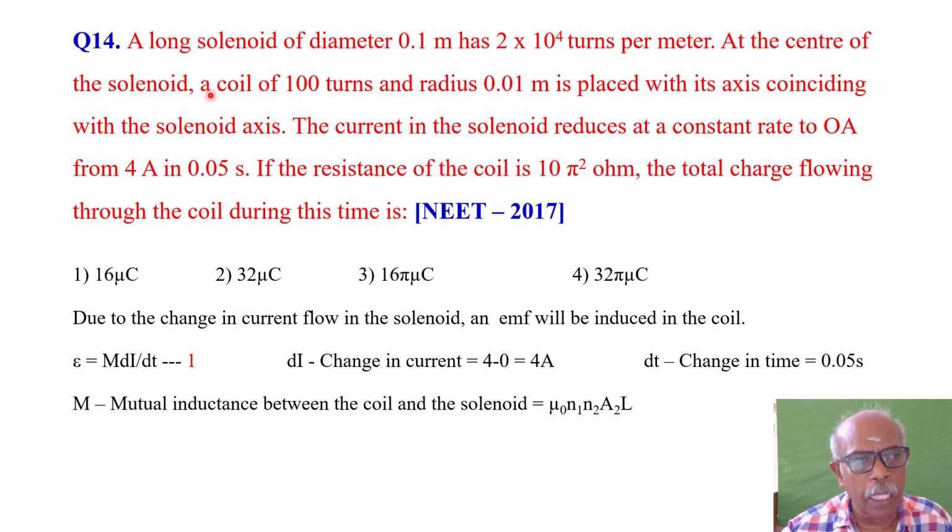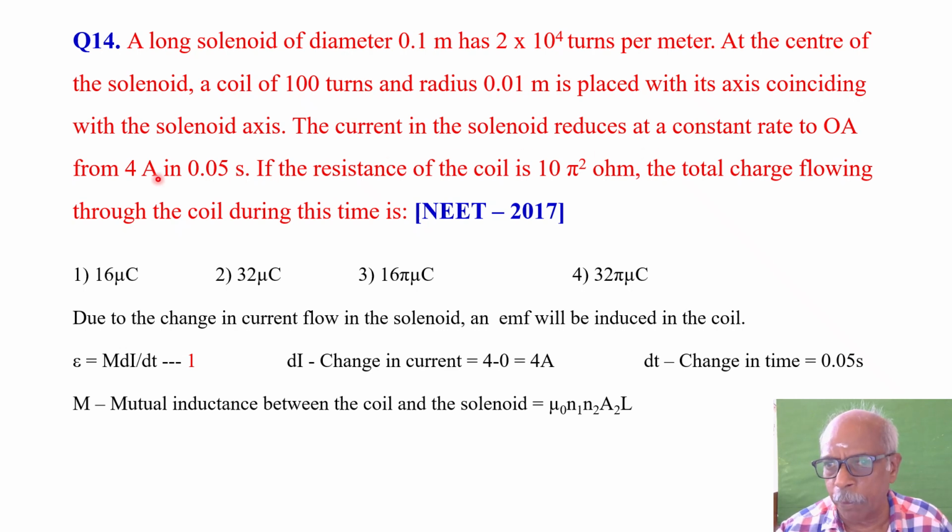A long solenoid of diameter 0.1 meter has 2 into 10 power 4 turns per meter. At the center of the solenoid, a coil of 100 turns and radius 0.01 meter is placed with its axis coinciding with the solenoid axis. So the axis of the solenoid and the axis of the coil are coinciding. The current in the solenoid reduces at a constant rate to 0 ampere from 4 ampere